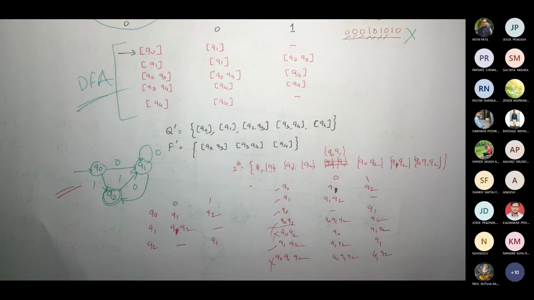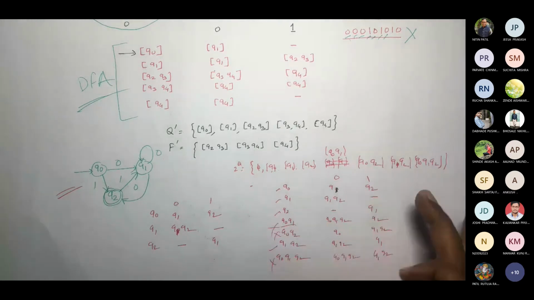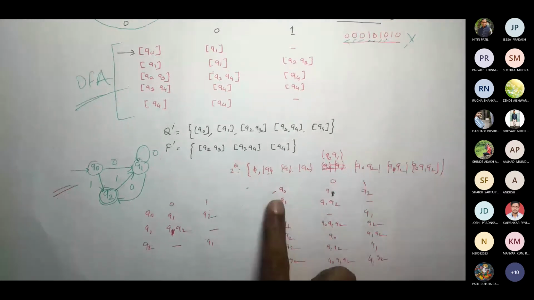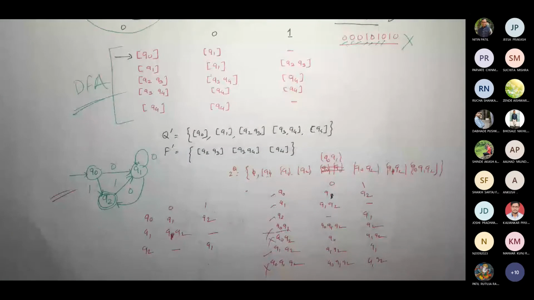You can add it into the comment box as well, of course, right now. I want you to draw a transition diagram for this, whatever table you are going to get, with the assumption that everything is marked as square brackets.